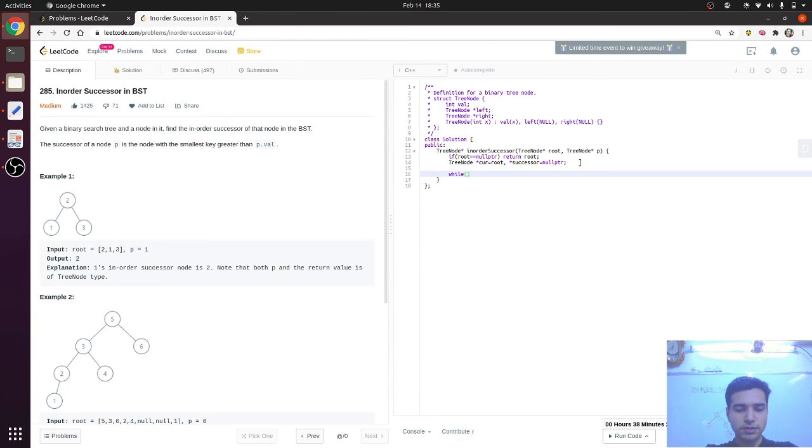Then while current is not null, we can traverse, and if current's value is greater than target's value, we have to go to its left subtree and store this current node as its successor node, and move left.